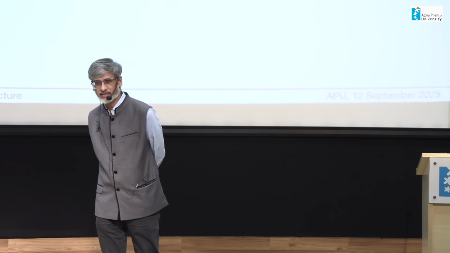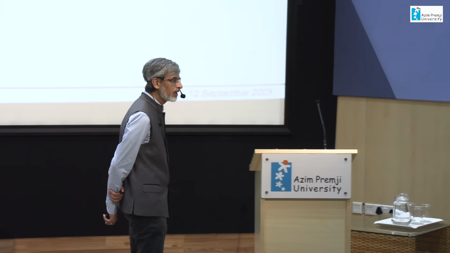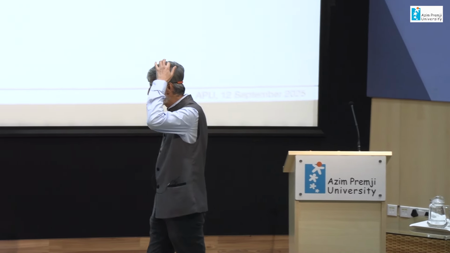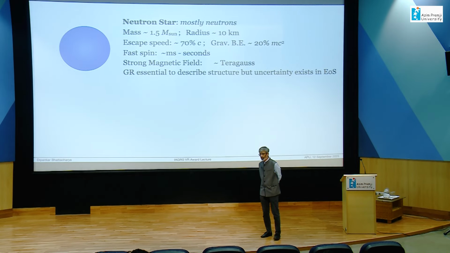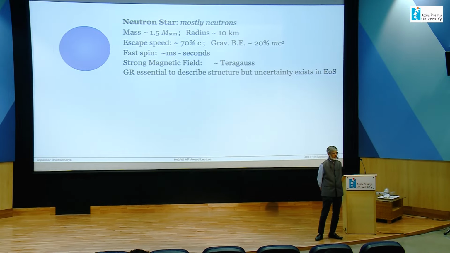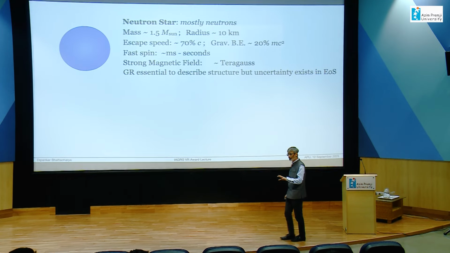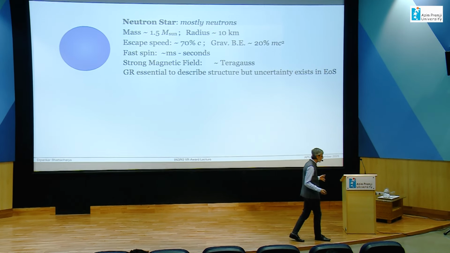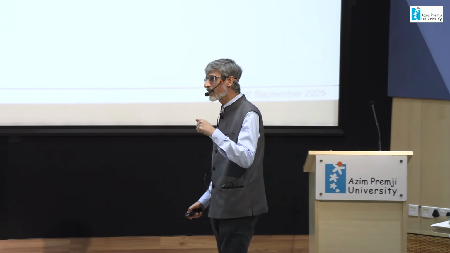And as you know, all extrapolations are ambiguous. So therefore, we do not have an exact idea of how fundamental physics like strong interaction works in such small scales. So that is a problem for neutron stars. But you can turn the problem around and say that if we can make a measurement of the structure of the neutron star, even simple things like mass and radius, it can tell us something about fundamental physics like strong interaction. And that is one of the active research areas in neutron star physics.